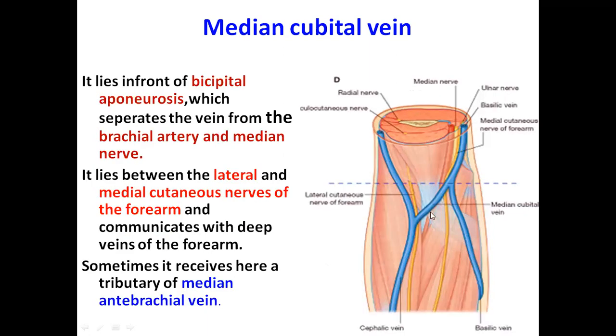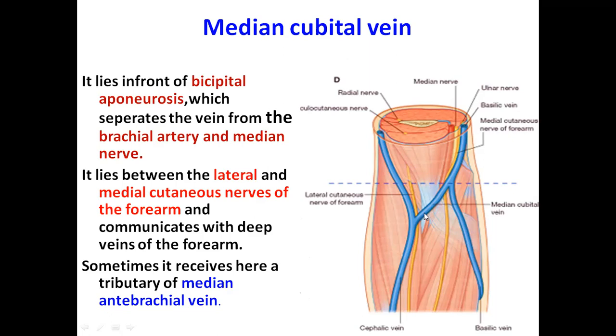So it lies right in front of the bicipital aponeurosis. I hope you remember the bicipital aponeurosis when you were doing the cubital fossa. MBBR are the structures you have encountered, isn't it? Median nerve, brachial artery, bicipital aponeurosis, and radial nerve, the floor of the cubital fossa, if you remember. Similarly, this is the bicipital aponeurosis, this whitish expansion before the biceps tendon is inserted into the radial tuberosity. It gives this aponeurotic sheet expansion, which is the bicipital aponeurosis. Right in front of it, you will see this median cubital vein.